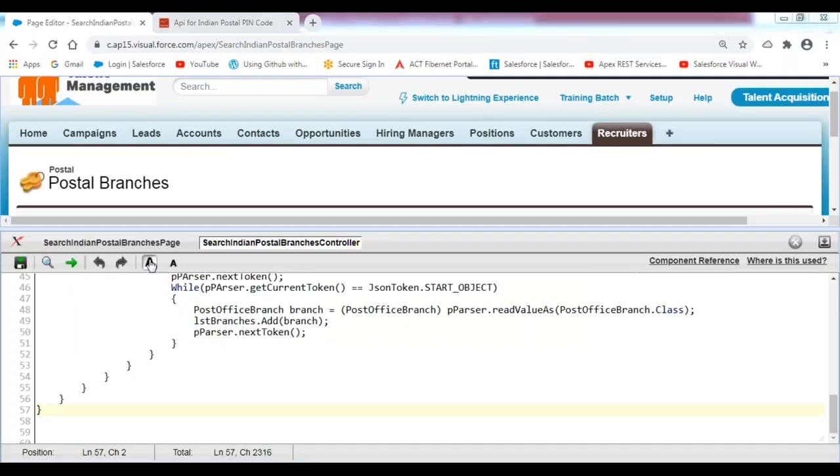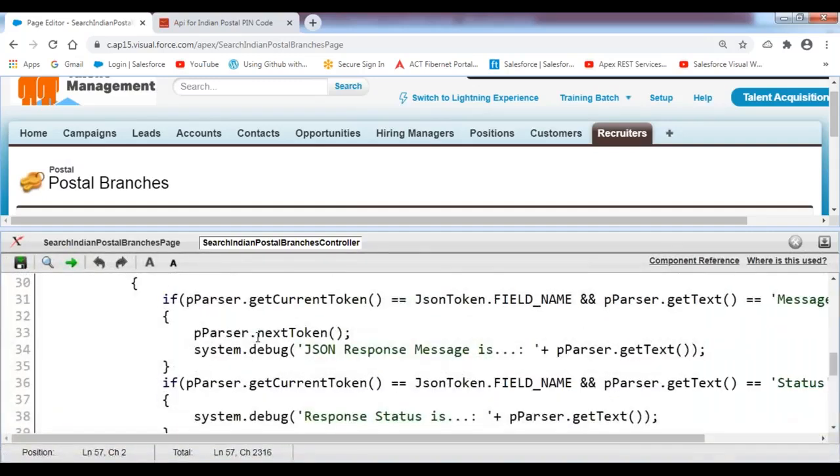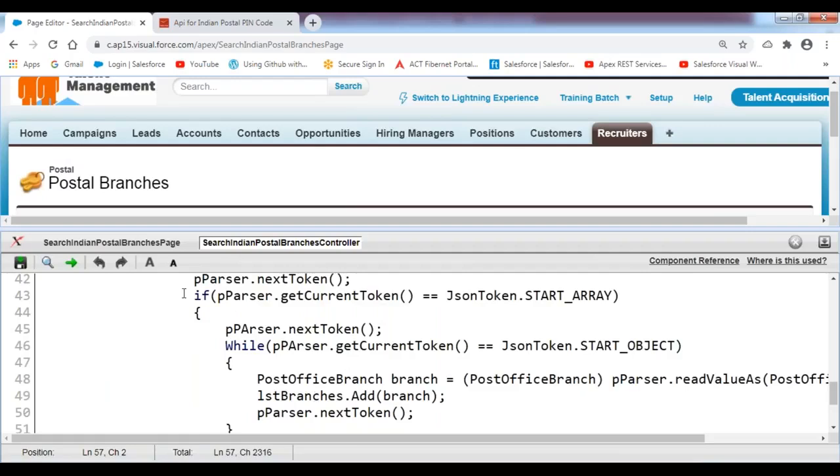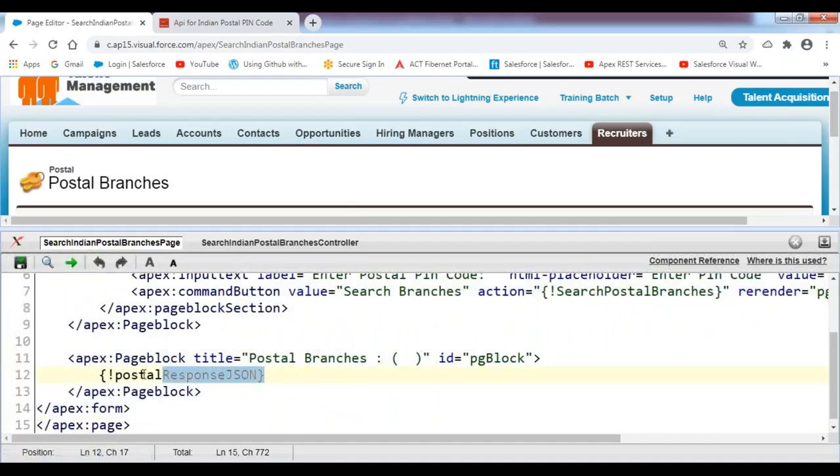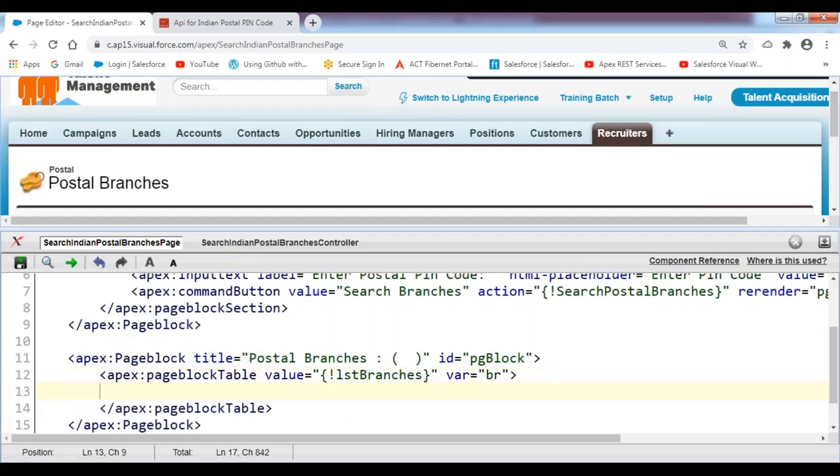We have to represent this whole information inside your Visual Force page. Then how can we represent this collection? You can go to that Visual Force page and represent the content over here. I want to represent it by using the page block table. Page block table, value equals to, I'm indicating this collection name, LST branches, var equals to br, you can give any name, apex,